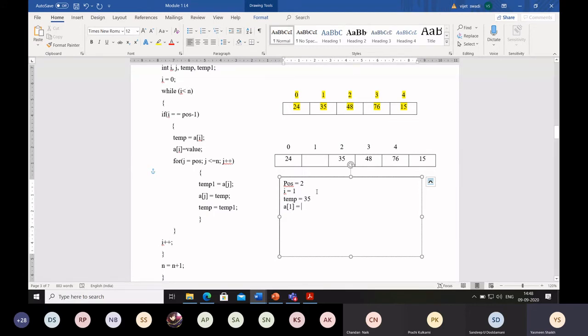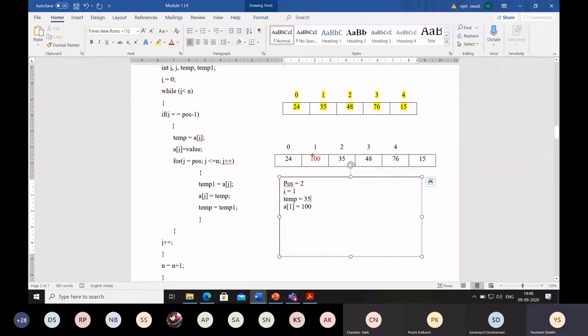What is the value now? Value is the new item that we want to insert. Suppose we want to insert the element that is 100. So A of 1 is equal to 100. So in the second position, I will insert a new element called 100. So you can see in the red color 100, one element is inserted.